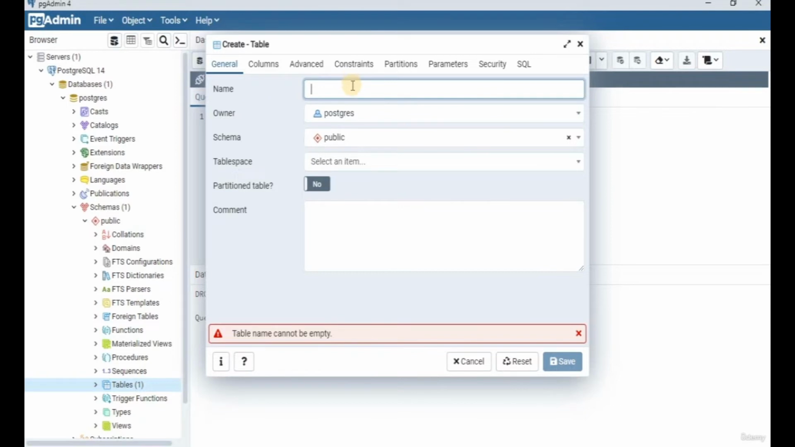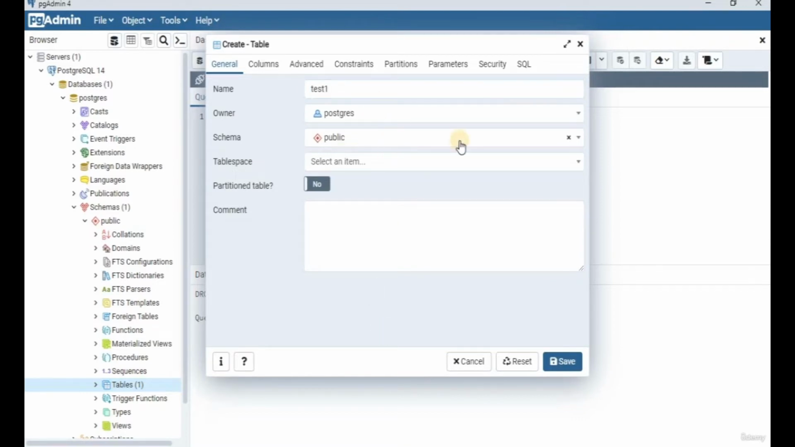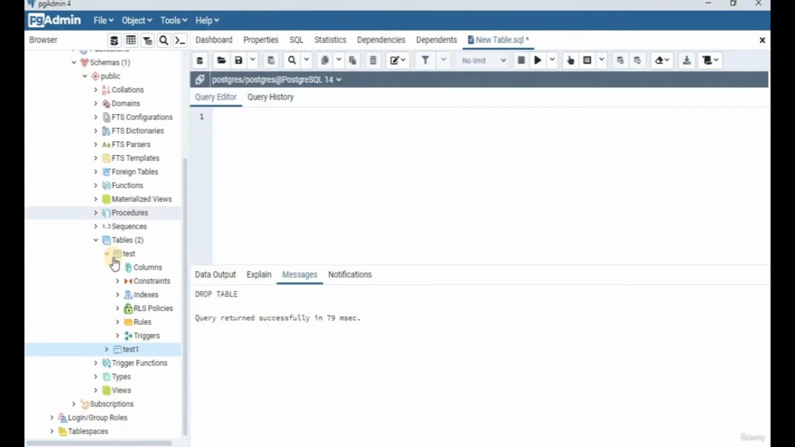Now let's create a new table here. Let's give this a table name. Let's call it test1. Okay, and let's hit on the save button. Now we can see the table test1 has been created, and let's hit on the drop down for the test1 table,